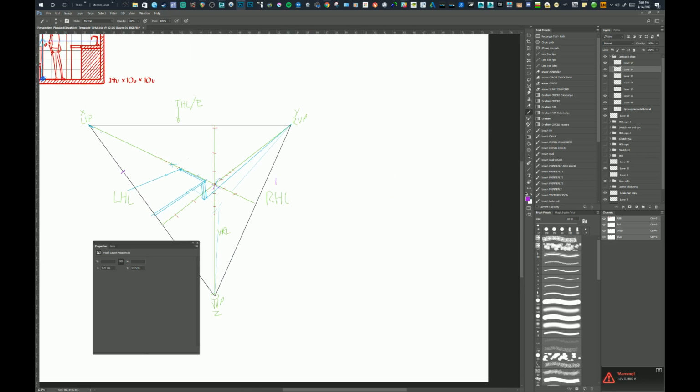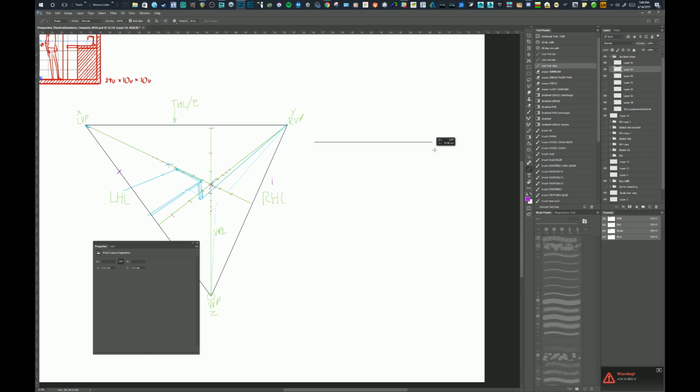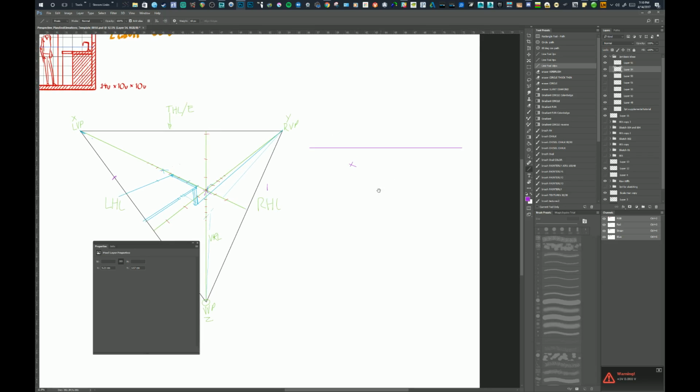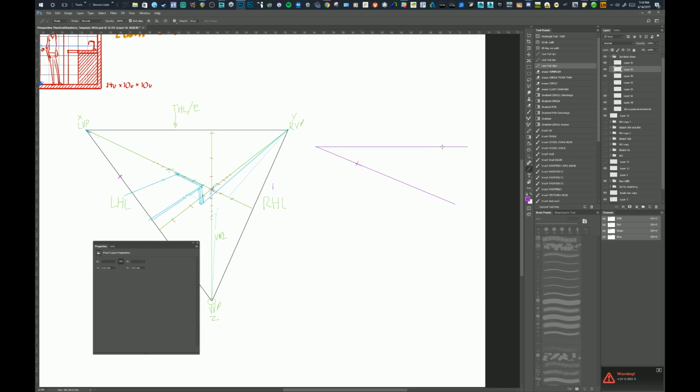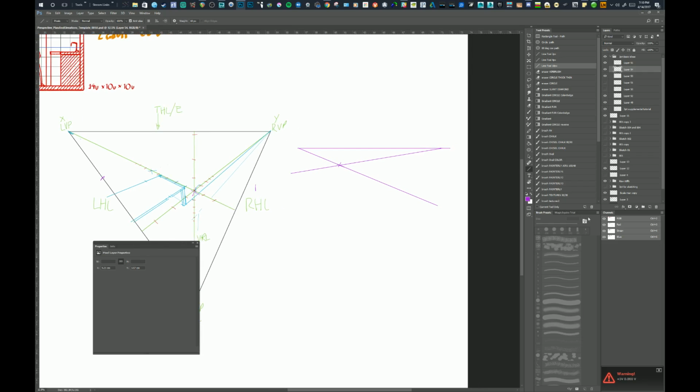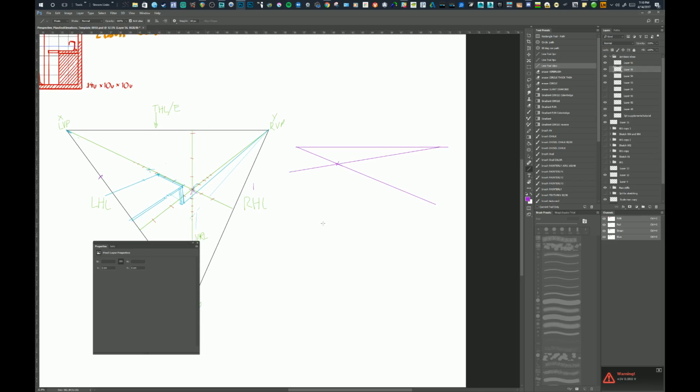So we can do that. Let's reverse engineer it. Let's just say that I've got my horizon line here, and I want my center of vision to be right here. What I could do is I'll just go across that point, and then I'll decide where my second point is going to be. So let's say I want the center of vision to be left heavy. That means that the right vanishing point has to be more to the right. And then I'll move that over there. And then if I know where my center of vision's at and I know where my true horizon's at, all I have to